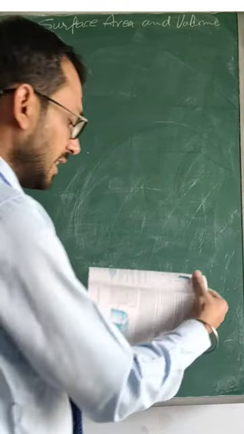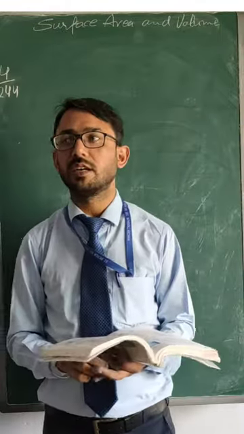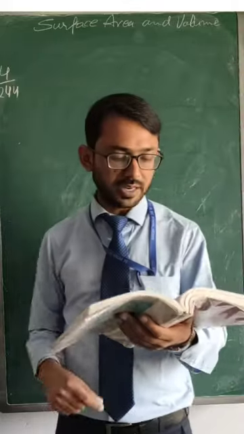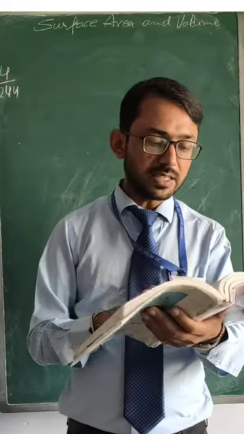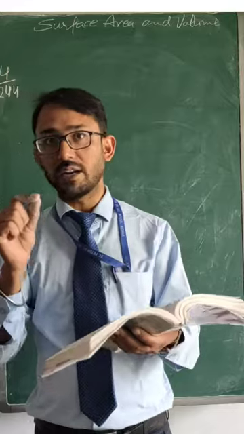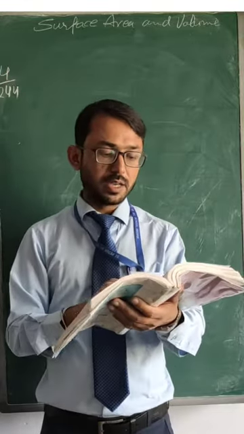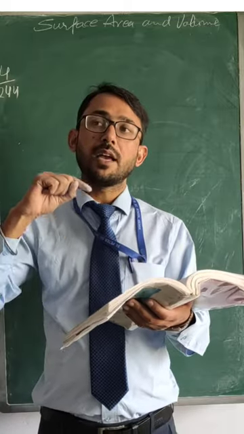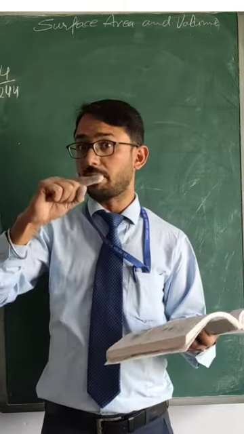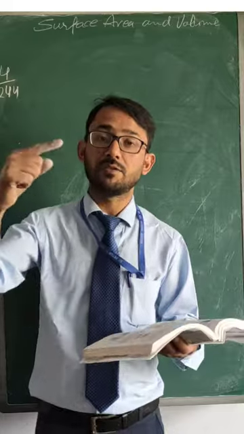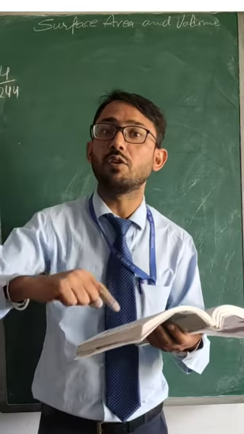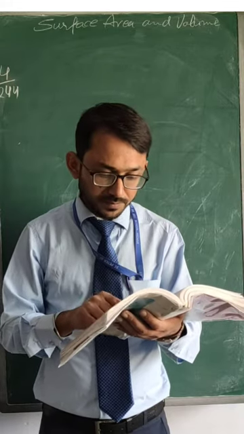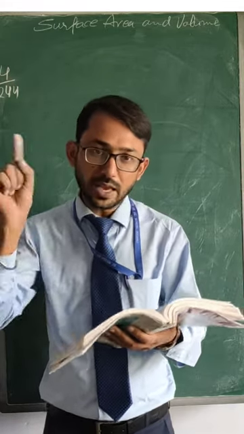Now in the same series we are going to do another question. This question is question number 4 on the same page number 244. It is a cuboidal block. A cuboidal block of 7 centimeter is surmounted by a hemisphere. A cube is surmounted by a hemisphere, meaning a hemisphere is on the cube. What is the greatest diameter the hemisphere could have?